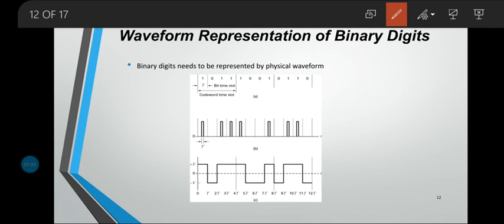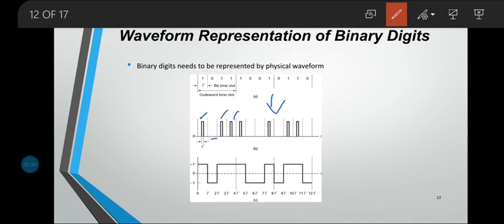This bit stream then has to be represented in binary with the usage of pulses. If in the first bit time slot a 1 is present, I have to represent it with a pulse amplitude, and if it is 0, I need not represent the pulse, and if again a 1 is present, I have to make use of the pulses. This is how we transmit the bit stream, the PCM bit stream, and hence the information in the quantized samples of a message.